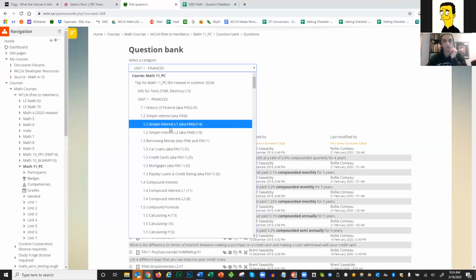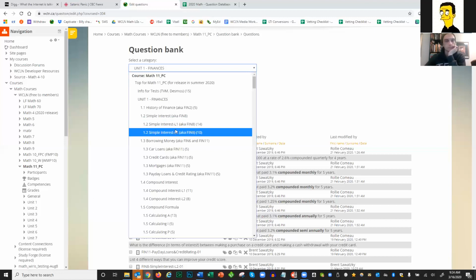It's a huge investment in time, but it's worth it for all the people across BC and Alberta and everywhere that's using this stuff. It's one of those things that people don't want to think about: students go in there, they do a quiz or a test, and it gives them immediate feedback. They're going to go into that feedback, look at the ones they got wrong, and click on them, and it's going to have your video explaining how they could have done it, so that they can sit there and